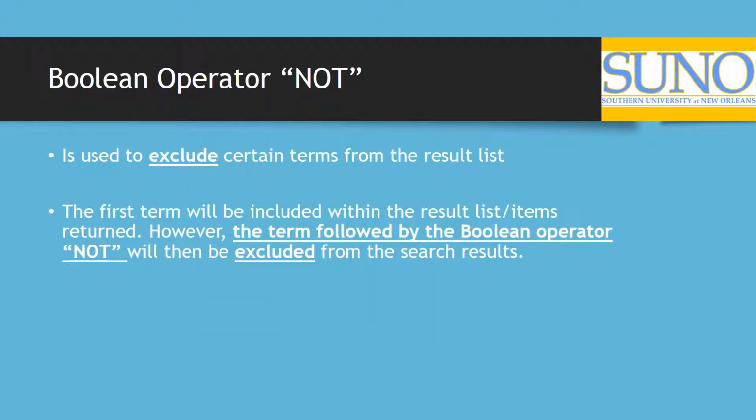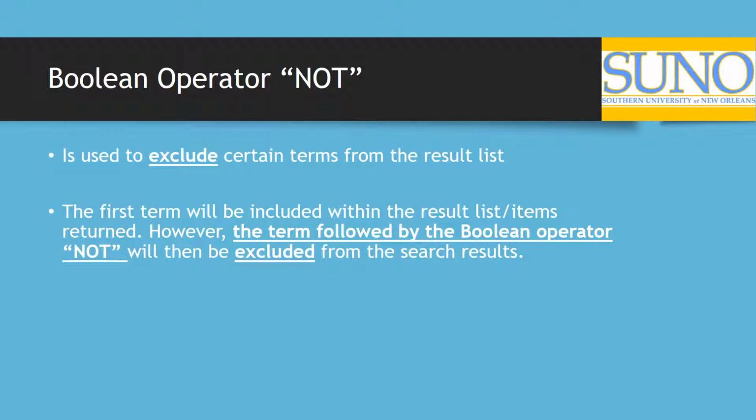Last but certainly not least, I would like to introduce to you all the Boolean operator NOT. Now, NOT can be taken literally. If you use the Boolean operator NOT, it is used to exclude certain terms from the result list or any of the sources that you get back. The first term will be included within the results list or the items returned. However, whichever term is followed by the Boolean operator NOT when you are searching will then be excluded from